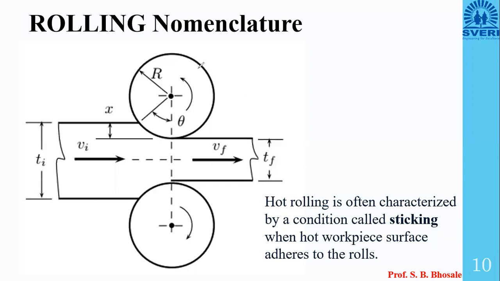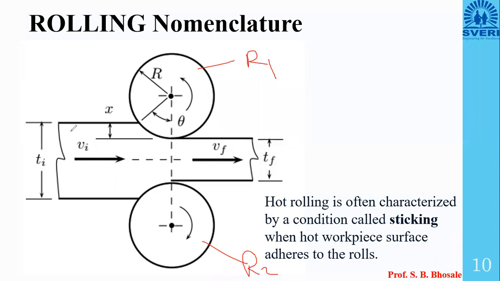This we can call roller 1, I can say here R1, and this may be R2. The first condition is that the diameter of both the rollers is the same. It is not like the diameter of the rollers may be different. Okay. Then the radius of that roller is indicated by R. As both the rollers are the same, we just indicate the radius by R.